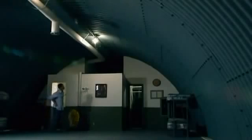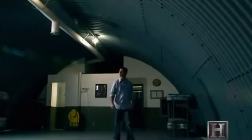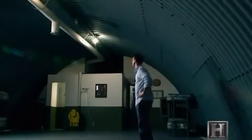The main part of the bunker consists of only one room, never intended to be a long-term solution. This was a stopgap offering basic shelter to America's first family. What would have happened back then is in the event of a nuclear attack, President Kennedy, along with his entourage, would have been brought here to the bunker. Standing here by myself, the room's pretty spacious, but with 30 people in here, it could have gotten pretty cramped